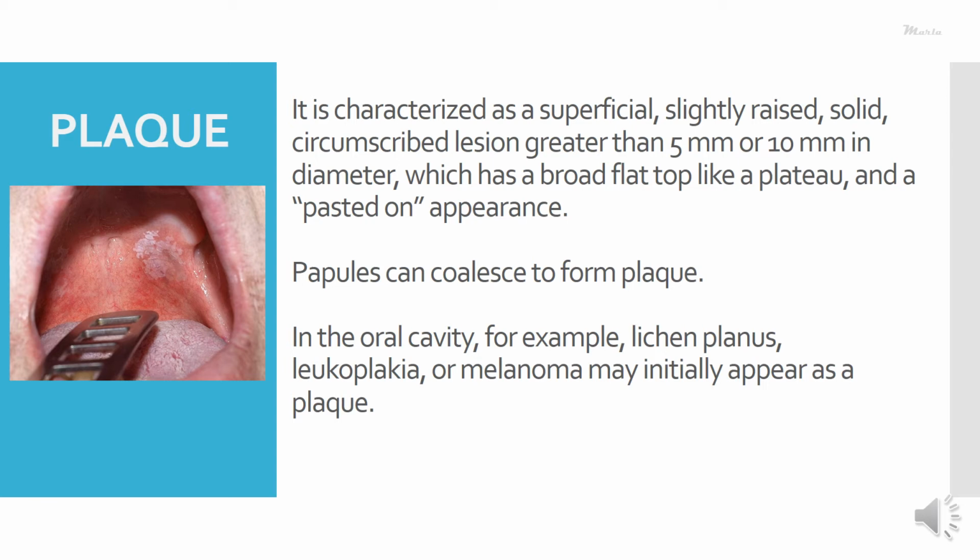Leukoplakia is one of the most important lesions which we need to know and which presents as a plaque. It's a pre-malignant or potentially malignant disorder which has the potential to develop into malignancy. Leukoplakias generally present as keratotic white lesions and have a plaque-like presentation. Knowledge and identification of these plaque-like lesions will help us in segregating the differential diagnosis of a lesion.